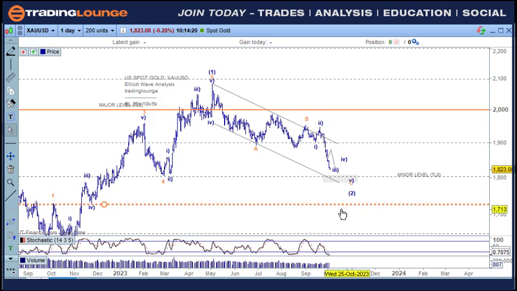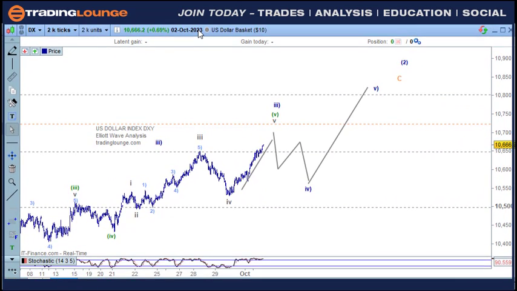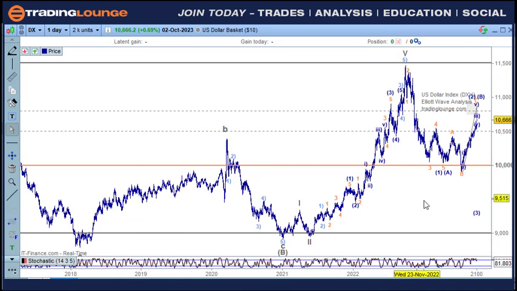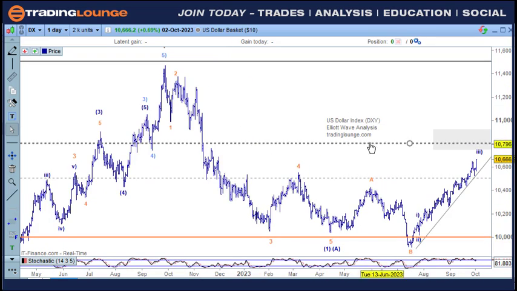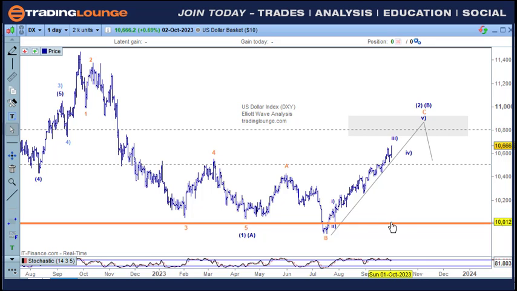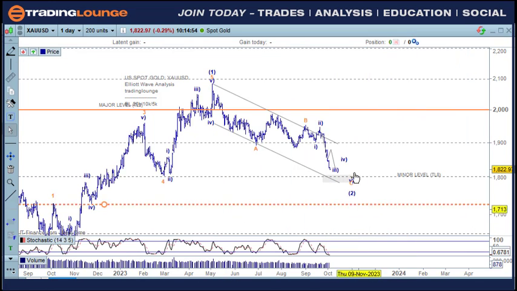So this is one way to look at it, as an A wave here, and then an A, B, C for the B wave here, because you've got to remember the way that the US dollar finished off. So in terms of turning points, if I just come back to the dollar for a moment and go into the daily chart here, all of this down here was, let's just say, open to interpretation of how one could consider this move here. So it's reflected back over here.